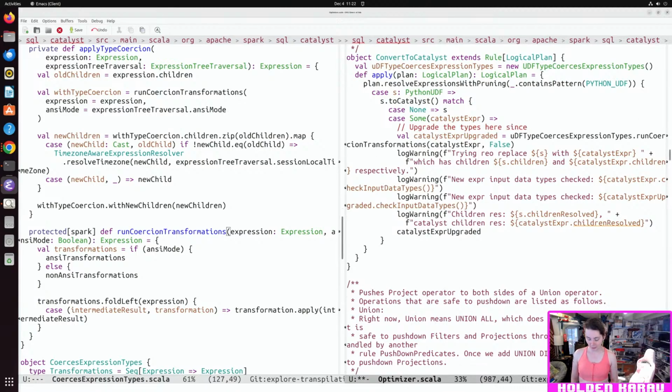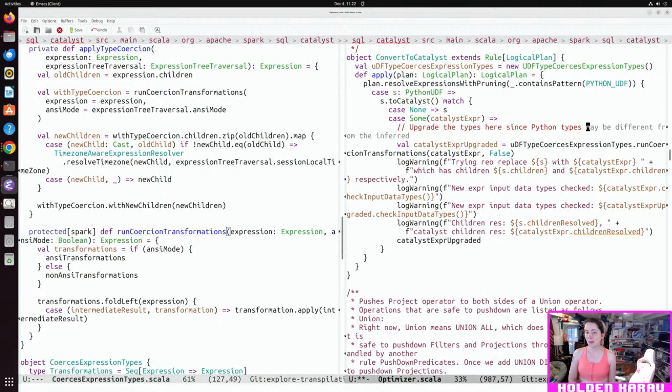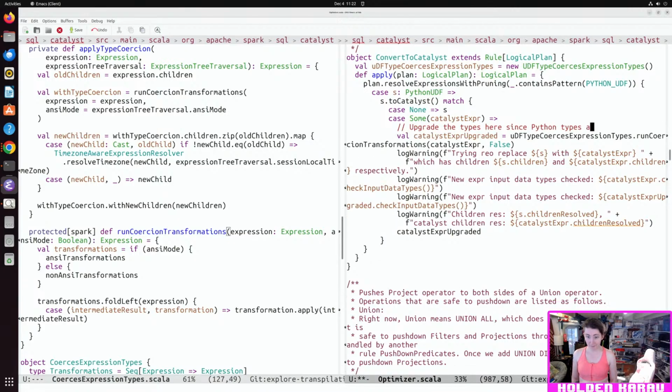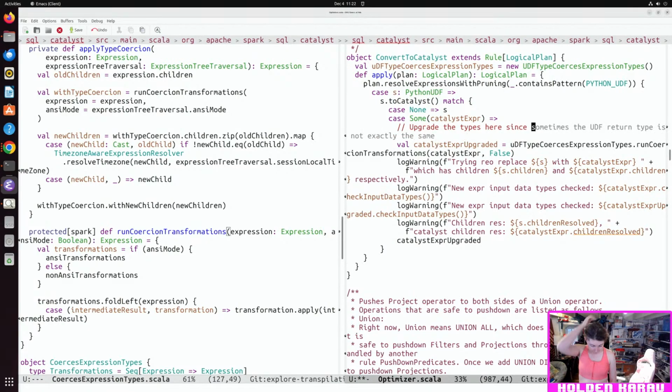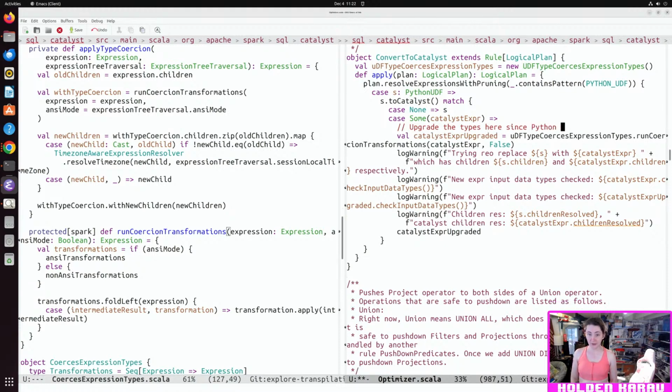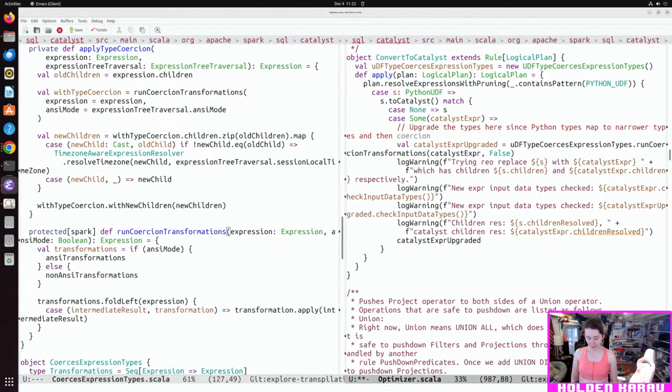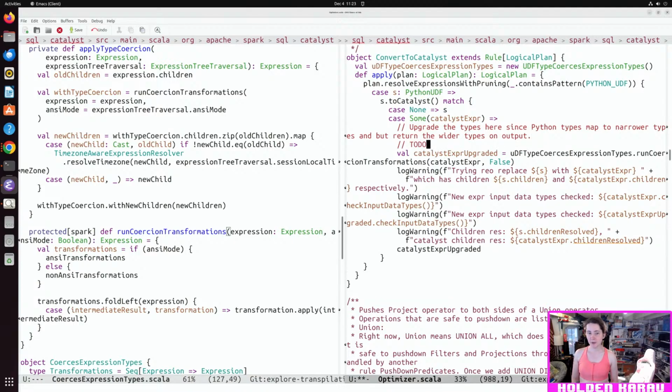Since Python types map to narrower types, but return to do, clarify that so it makes sense. Okay, cool.